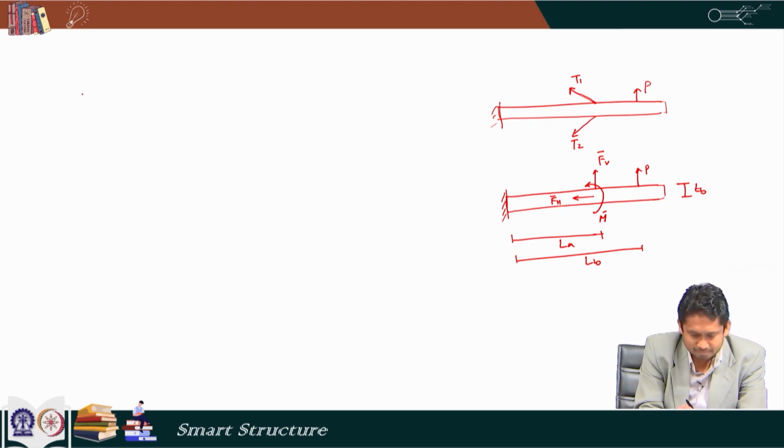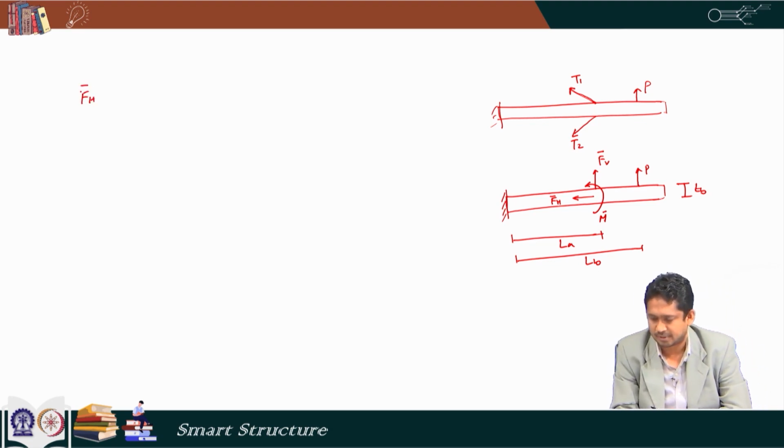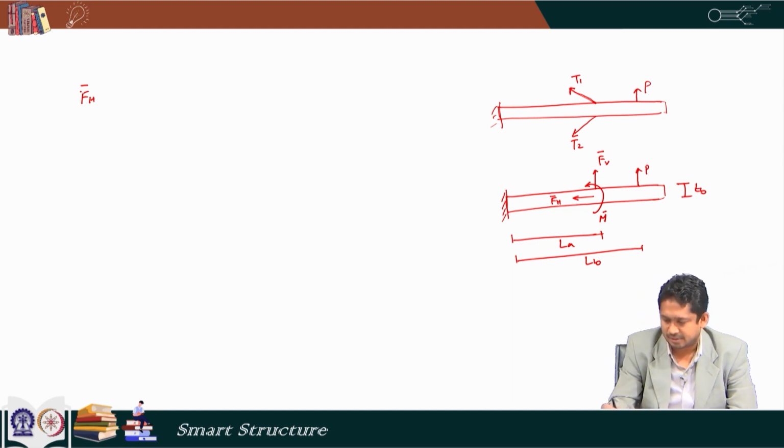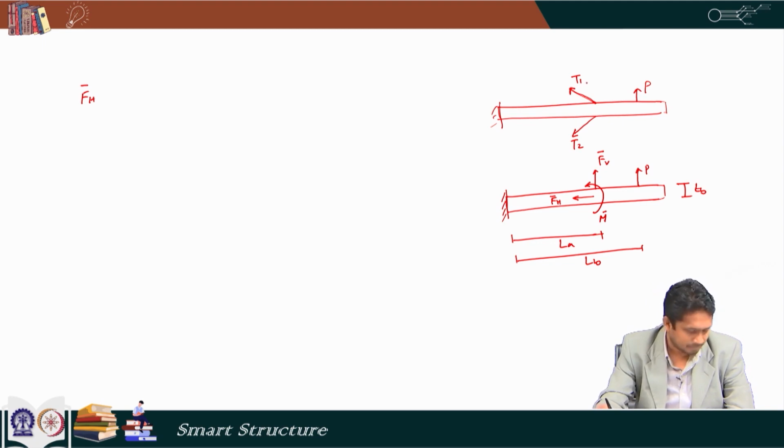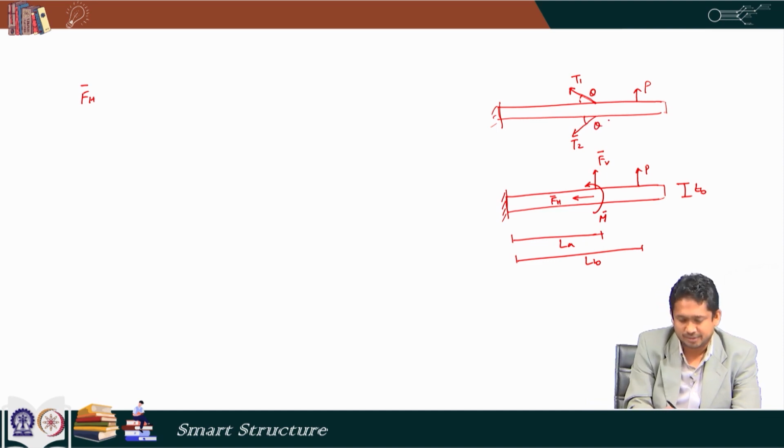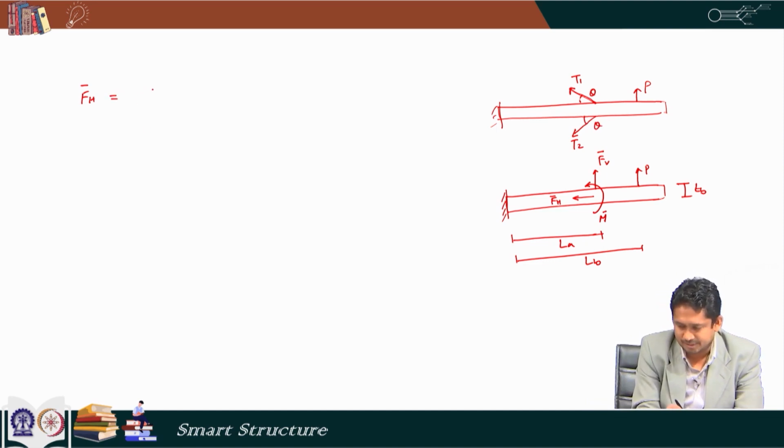So, Fh bar: if I consider this angle as theta, and also this angle as theta in the undeformed configuration, then Fh bar is minus cosine theta